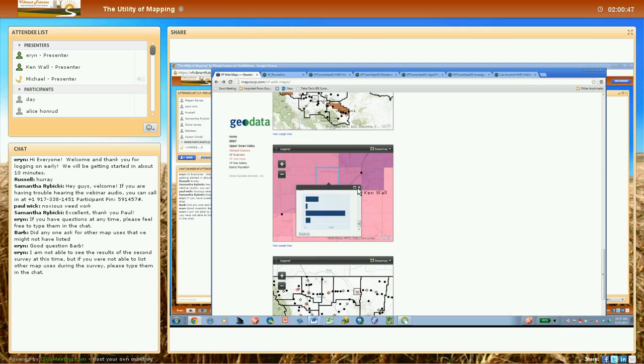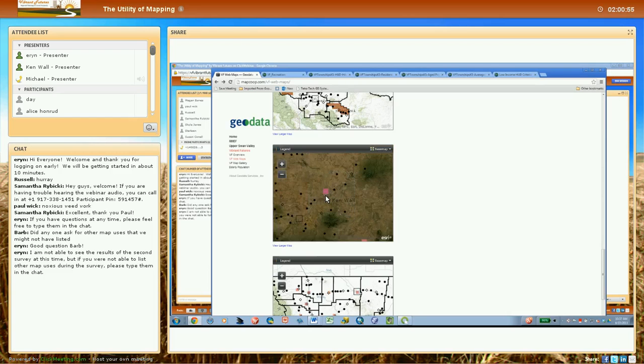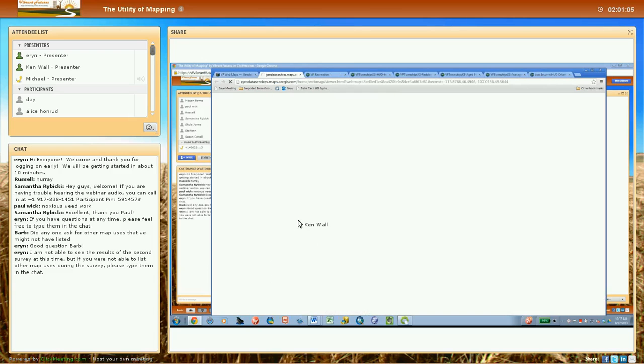Okay. So this little map window allows you to do those basics. It also allows you to switch your base map if you wish to, and look at the imagery underneath, which is a little hard to see on this map. But you're limited to those functions. So most often what you want to do is view larger screen. So you go down below the map, click view larger map,